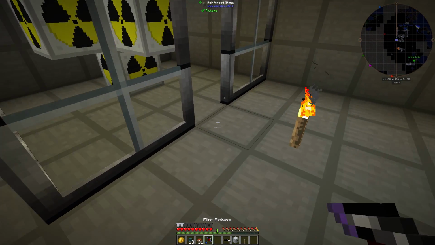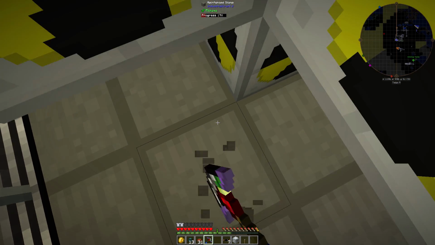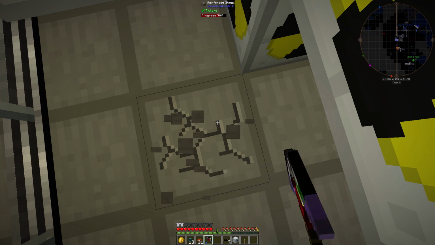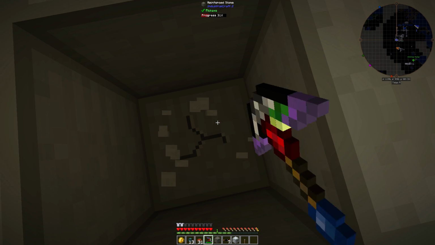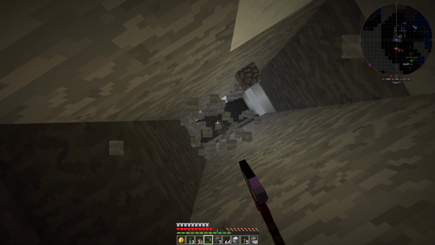And the only thing I'm wondering is how we should do the power running, because this, like I said, this thing does produce 60 EU, and this is reinforced stone, so that is a thing. And this pickaxe is not the...